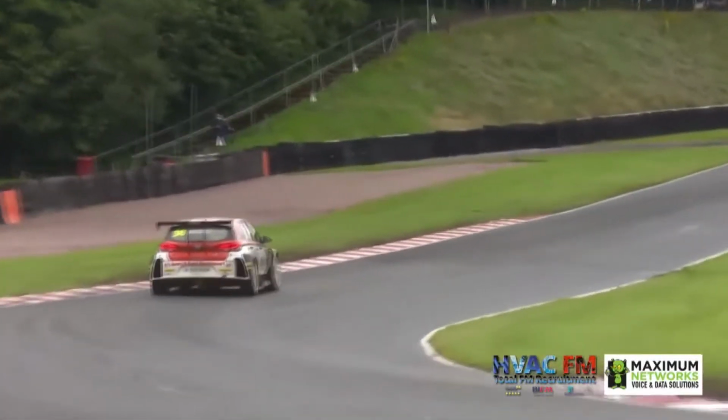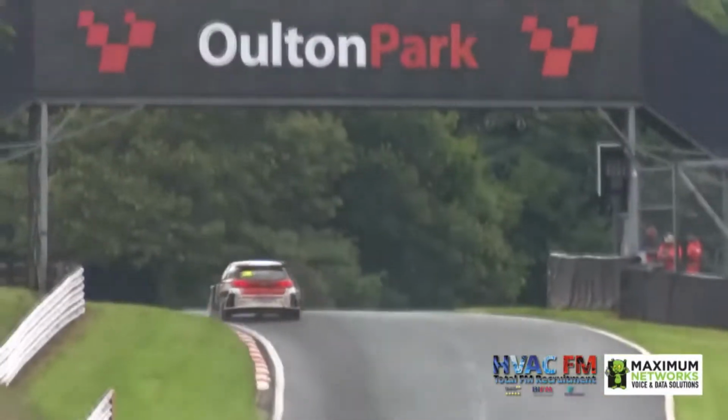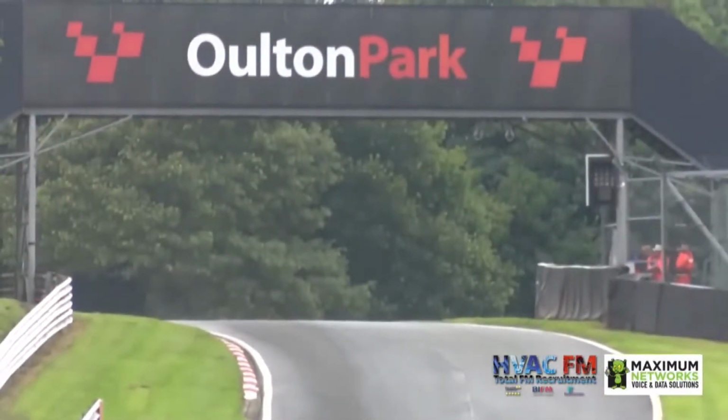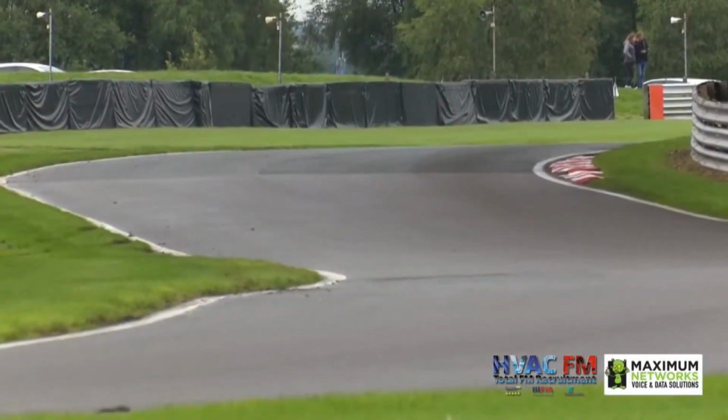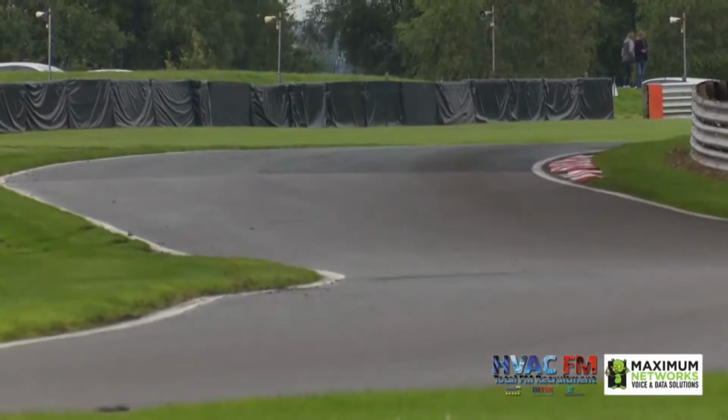But Lewis Kent hops over the curb, still pushing hard, as is his style. Doesn't matter how far ahead he is, he will always push. It's going to be, by the looks of it, his third ever race victory in the Dunlop Touring Car Trophy. He won both of the races at Croft last year, and that was really where his championship challenge started, because